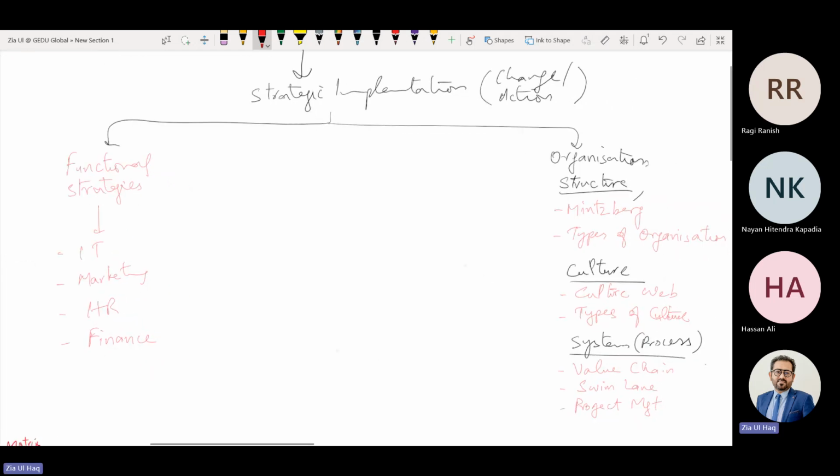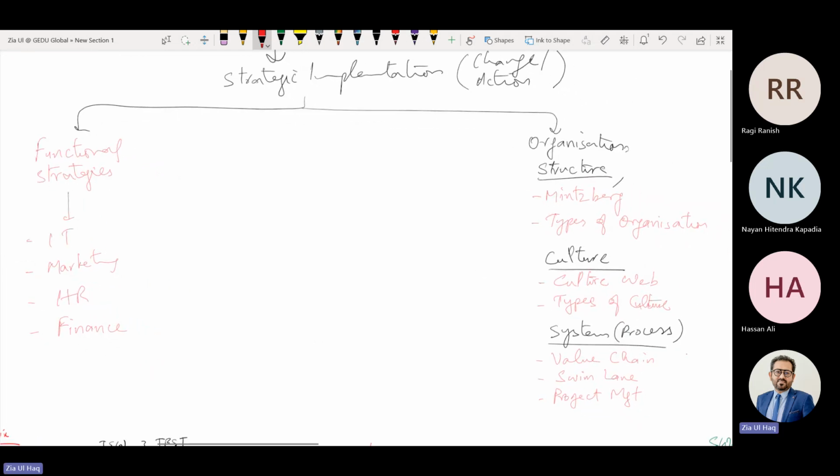If we want to make changes in structure, culture, system, processes, this is not an easy process where you have started and you have changed everything. No, change is not an easy process. Change is always painful. There are some hurdles. There are some obstacles that we need to manage. If we are not managing the hurdles, obstacles, problems, resistance of people, we will not be able to implement changes effectively. So that's why we should follow some management of change model.